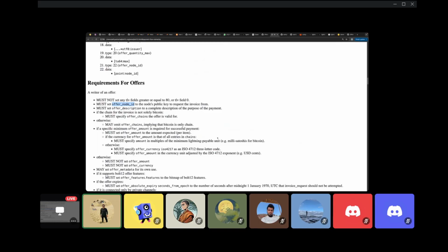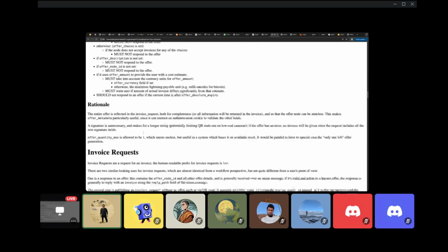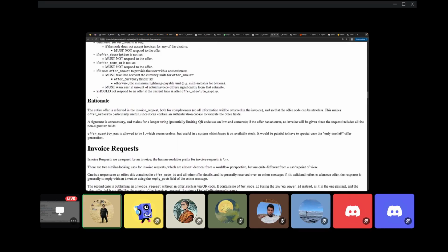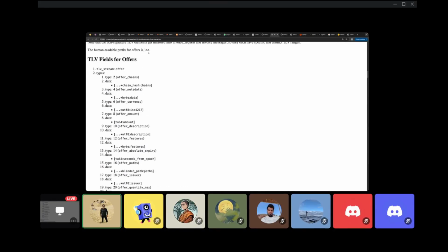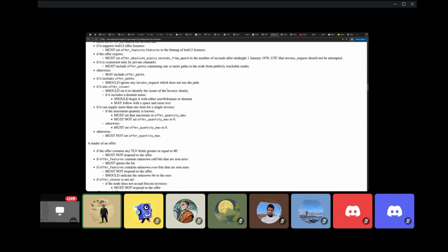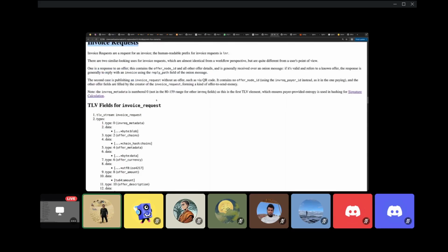All right. The entire offer is required. So now using this offer string, which starts with LNO. Every invoice that starts with LNO and then a one is an offer string. Using this LNO offer, the payer would create an invoice request, and the invoice request starts with LNR. It would be mentioned somewhere here. Yeah, so this is the LNR message, which is constructed using the offers. As you can see,